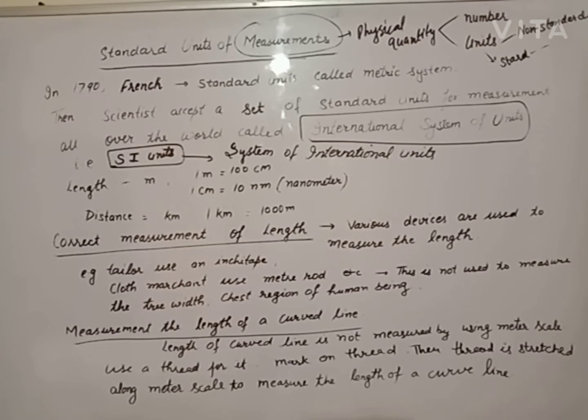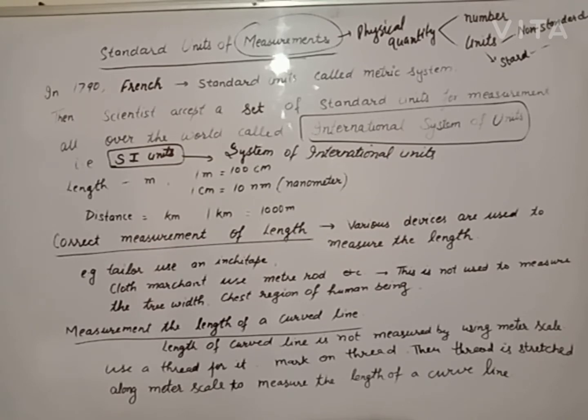Then some physical quantities are derived. By using the physical quantity, some units are fixed, but each and every country has different kinds of units. One has unit of mass, pound, another has gram, another kilogram, just like this. For length, beta, meter, centimeter, decimeter, like this. These units that are accepted by each country differently are not accepted all over the world. All the discoveries are not useful all over the world.